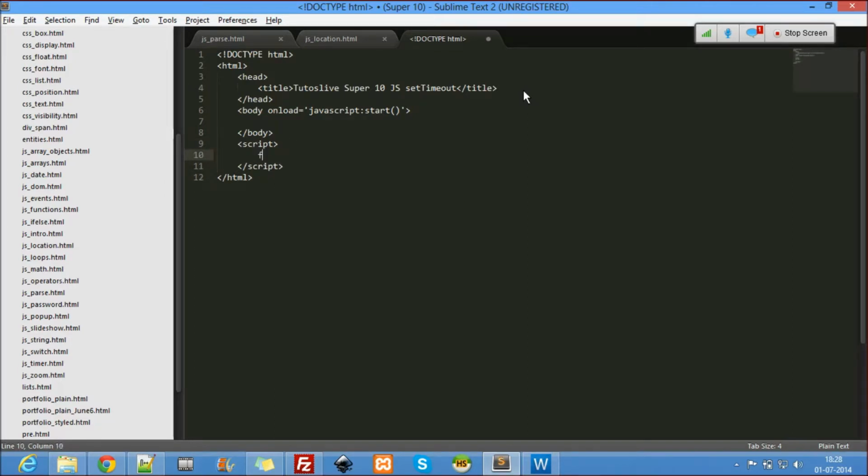So here I'll write a function start. Okay, alert or let's say prompt, please give us your email ID.